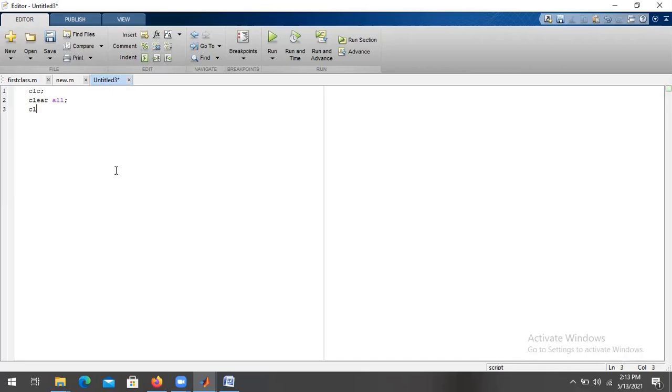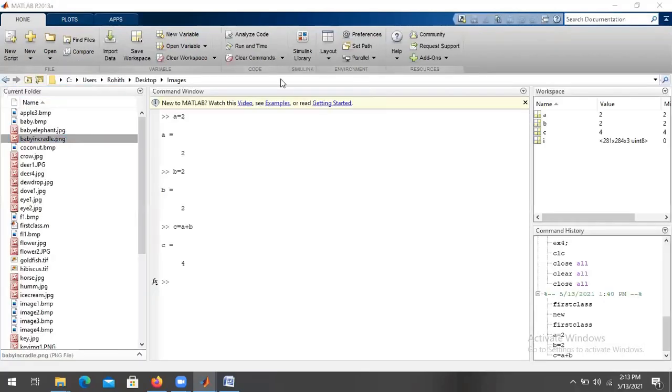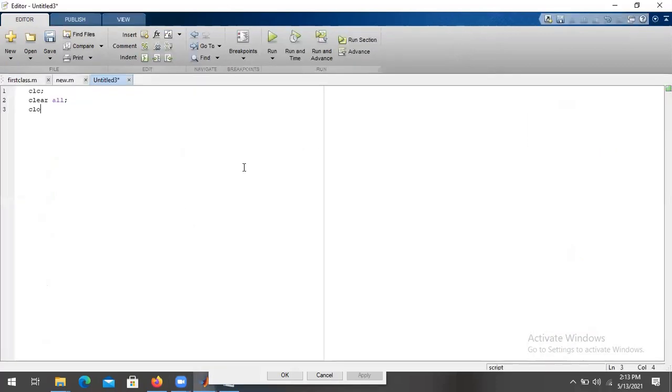But when you are going with the semicolons, you can easily observe in the command window whatever you write in the script, in the M file or editor window.